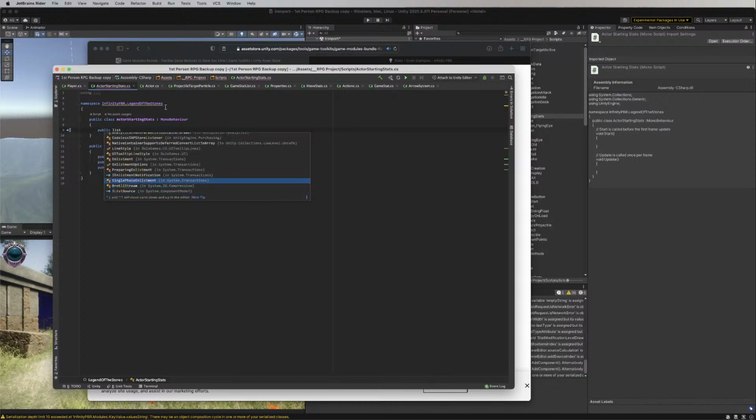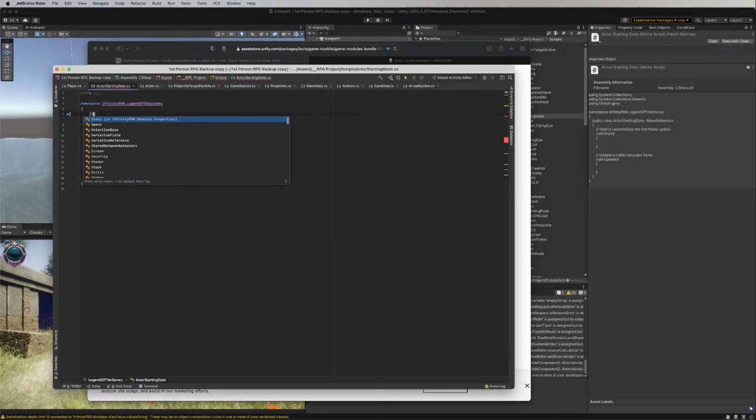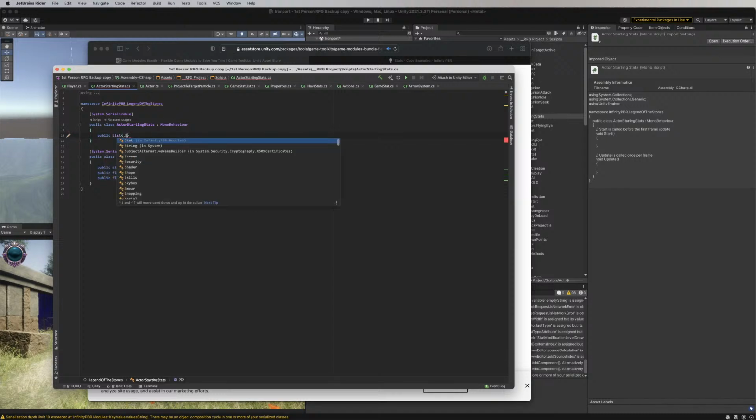I should not forget to do the all-important System.Serializable, because I always forget that. Not always, I didn't do it this time, but I oftentimes forget that. So public list of ActorStartingStat, and we'll call this startingStats